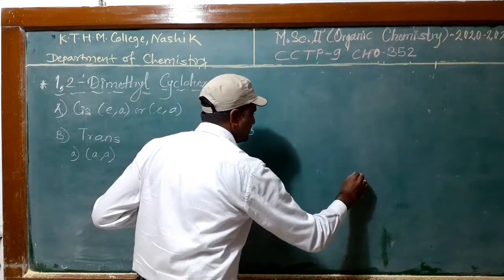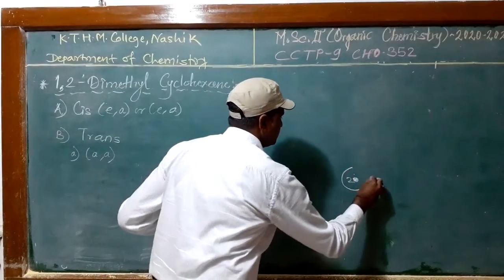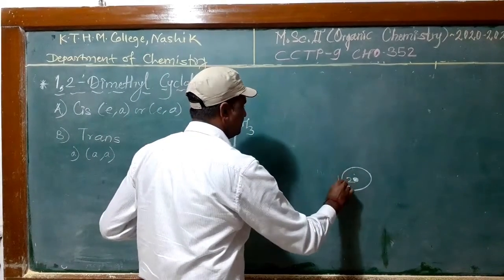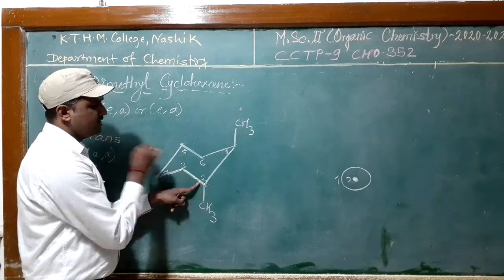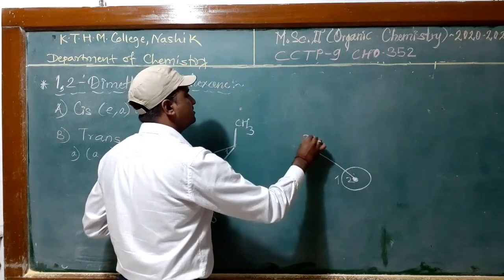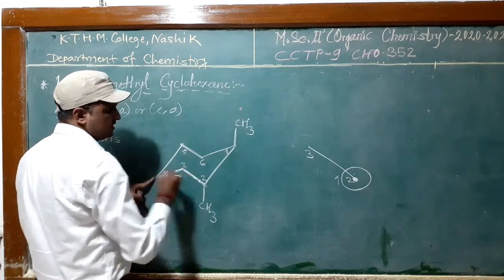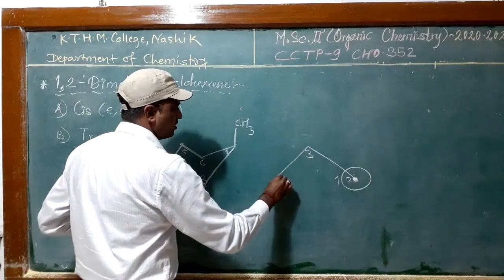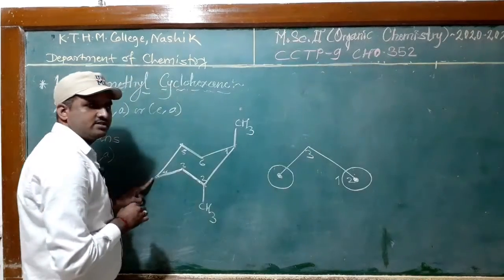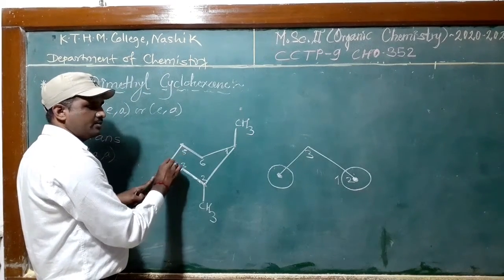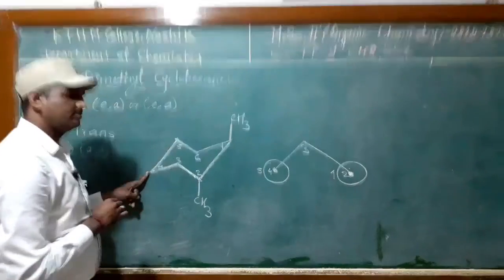So the first dot represents carbon number 2, and its backside carbon, that is the circle around this first dot, represents carbon number 1. This front carbon number 2 is connected in the upward direction to the front carbon, that is carbon number 3. This carbon 3 is downwardly connected to the front carbon, that is carbon number 4, which is the second dot. Around this second dot the circle represents the backside carbon, that is carbon number 5. Carbon 4, its backside carbon is 5, in this way.